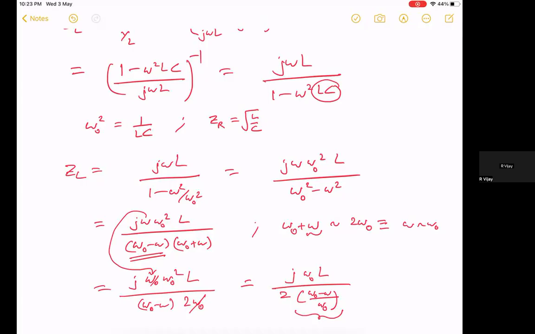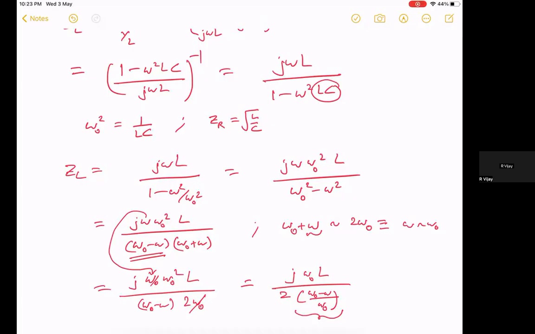Sort of becomes a dimensionless variable. So you know that at resonance this quantity goes to 0, right? That's basically the thing, and I'm going to call this x,